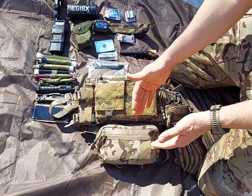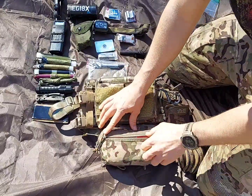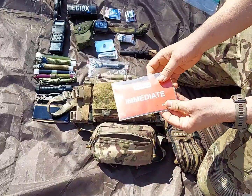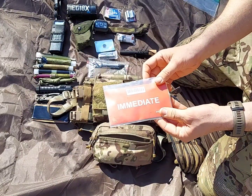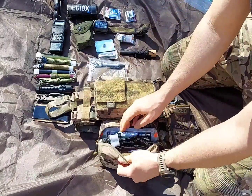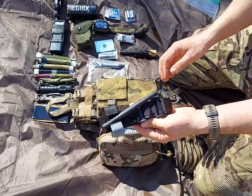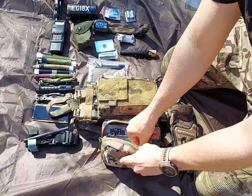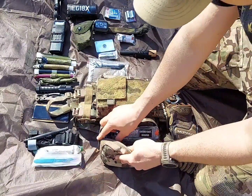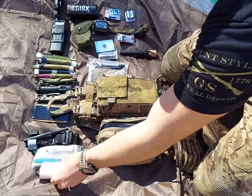If we move on to the bottom, your dangler, this is what I primarily use as an IFAK. On the front we have a small compartment, which is used for a casualty collection card. Then digging on the inside, I carry a CAT Gen 7, a small cric kit, 3-inch tape with gloves on the inside,